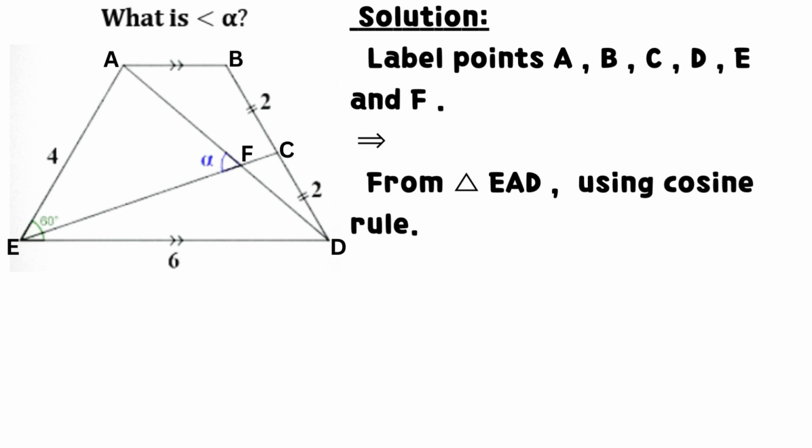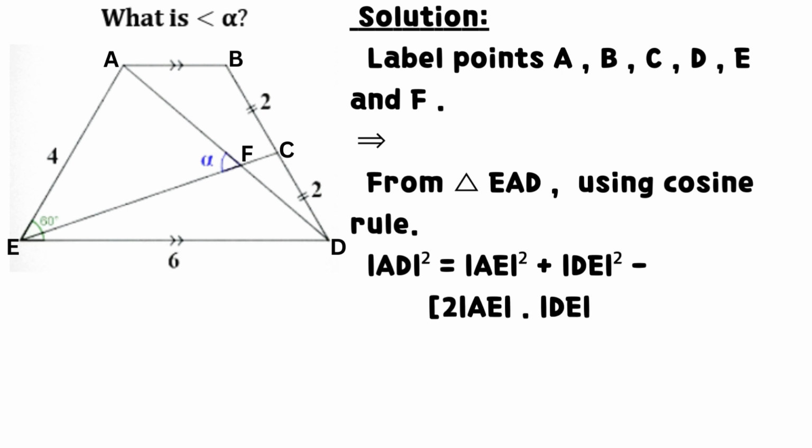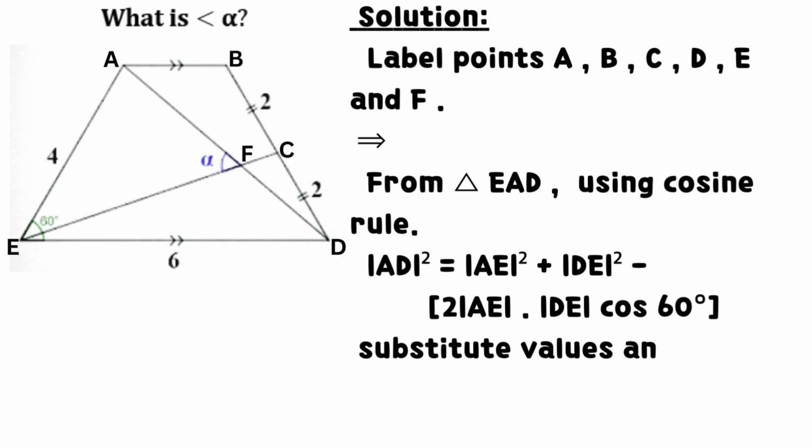It implies that from triangle EAD, using cosine rule, the square of line AD equals the sum of the square of line AE and the square of line DE minus the product of 2, line AE, line DE, and cosine 60 degrees. Substitute values, and we have